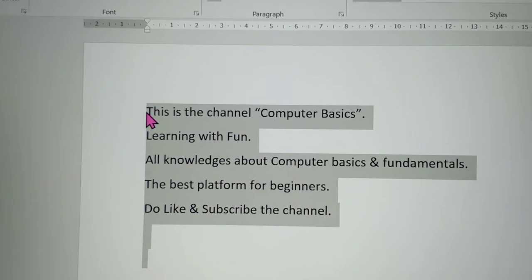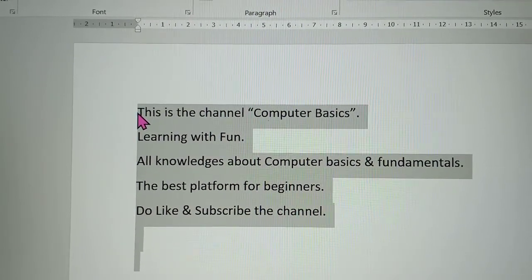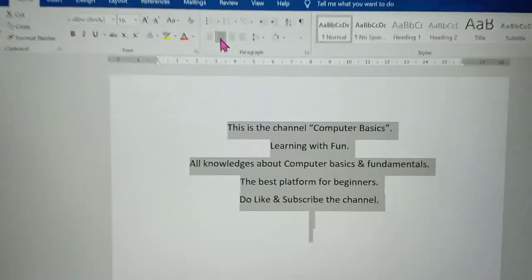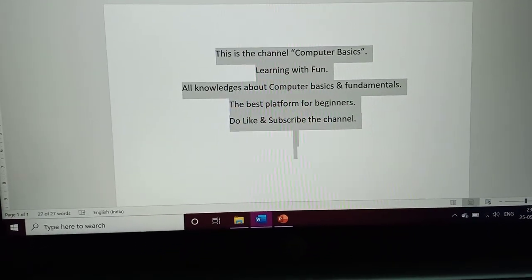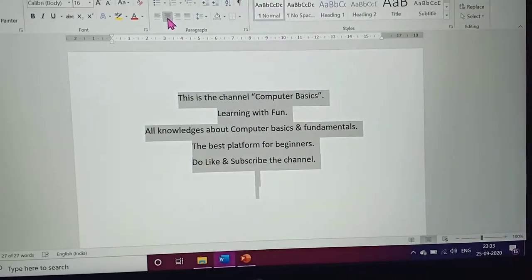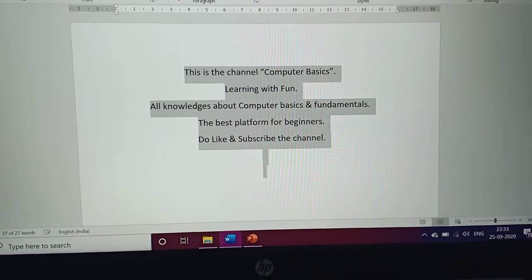So this is the default left alignment. Then I will set it to center. See, the alignment changed, means the lines are set into the center position.